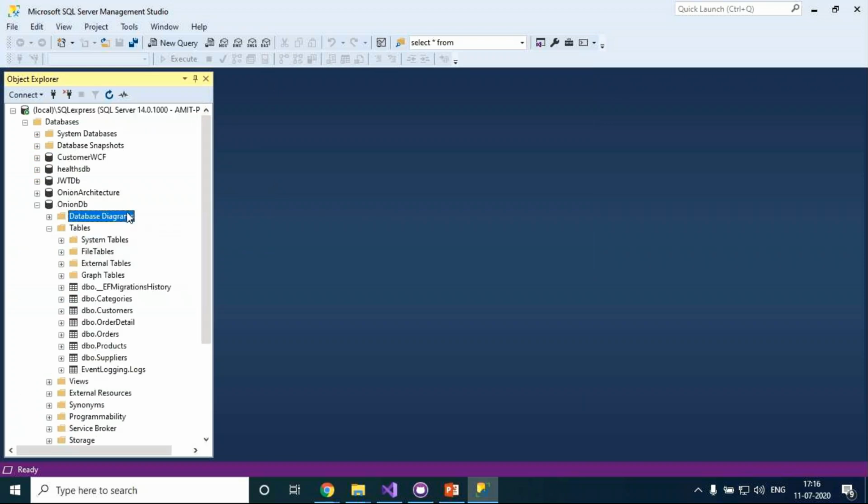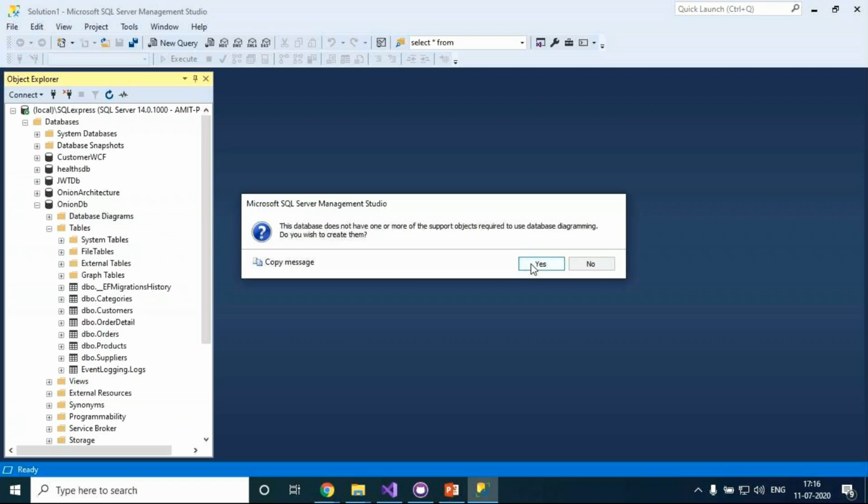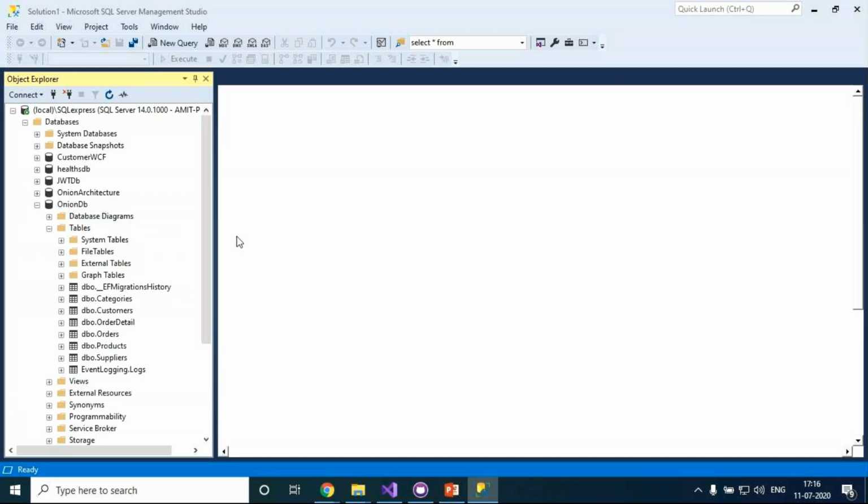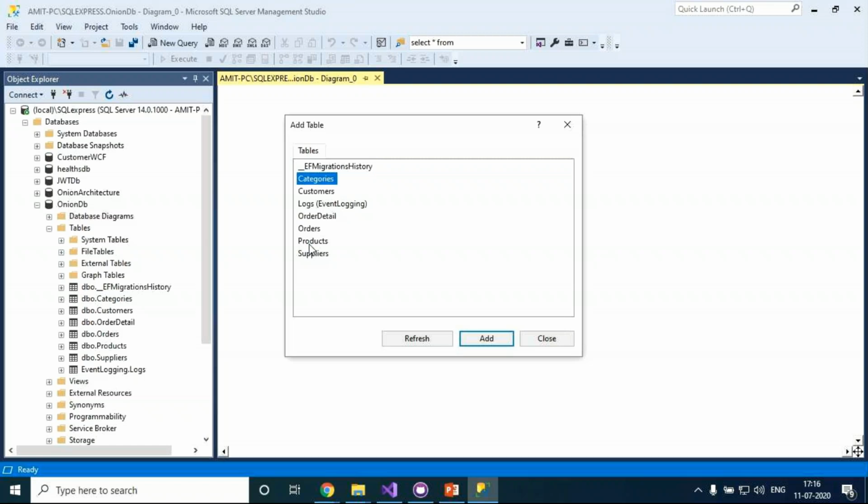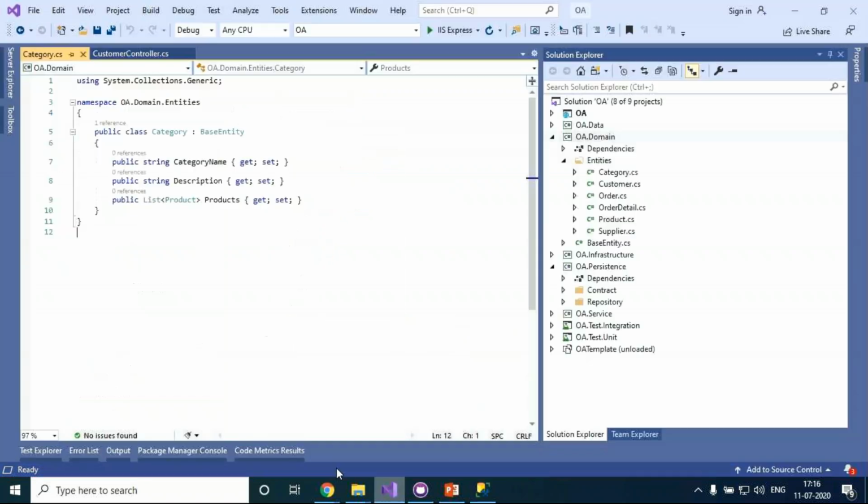This is my database. To implement all these database tables like customer, first I use the entities in my domain layer: for example category, customer, order details, supplier, and product. On top of this, I'm using a persistence layer.